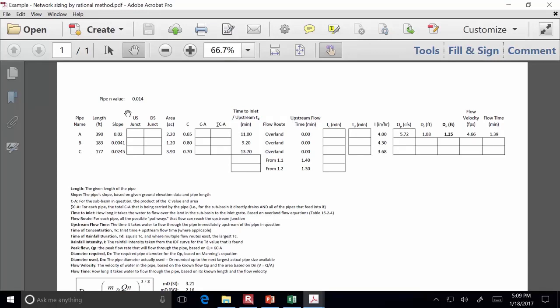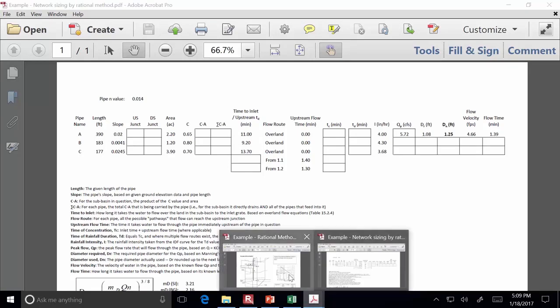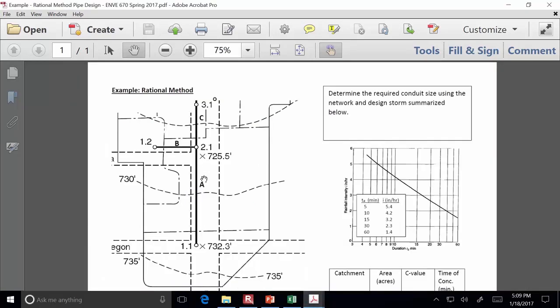The slope of the pipe is based on the ground elevations, and so we have this map here. If you look at the slopes that are on that handout that I just gave you, it's based roughly on matching the ground slope. Now the pipe doesn't have to be the same as the ground slope because the pipe isn't at the surface, the pipe is buried. And there is a degree of independence between the pipe slope and the ground slope, but